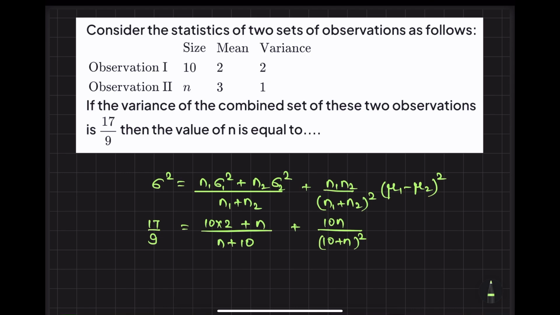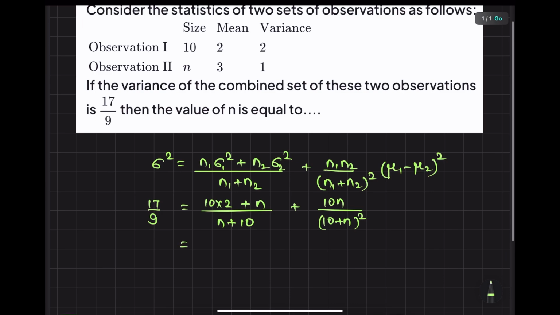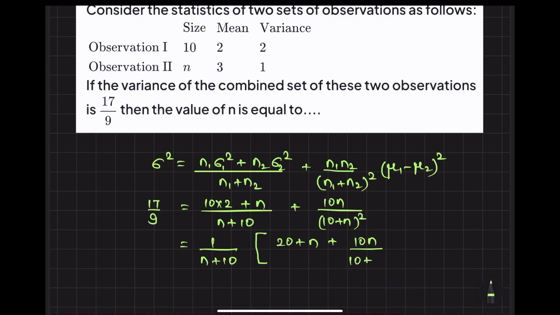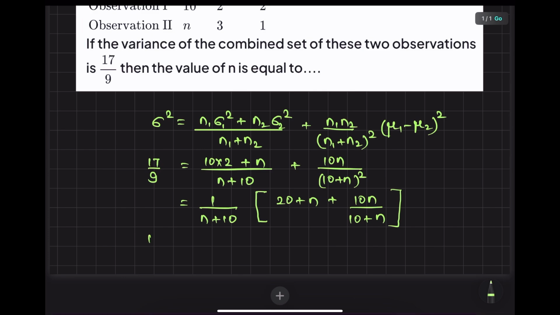Now look at this, how we will simplify things. So first we will take n plus 10 common. So we will be having 20 plus n plus 10n by 10 plus n. Okay, do the simplification part. It requires patience. Okay, so 17 by 9, 1 by n plus 10n, then we have